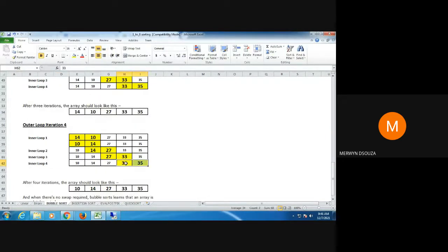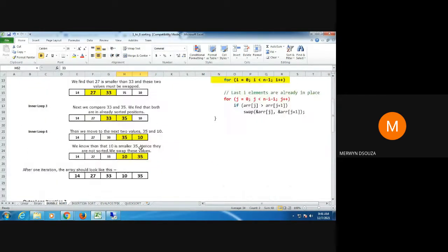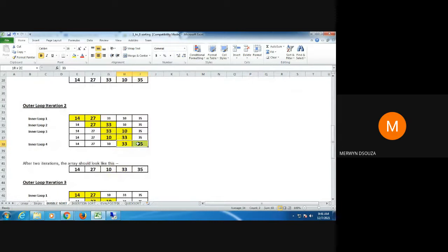There's no need to compare. Once these elements have reached the proper place, we're wasting time by doing these comparisons of elements which are already sorted.